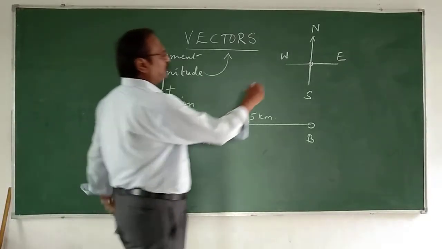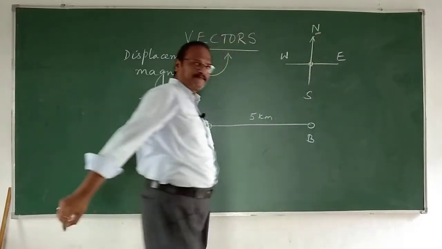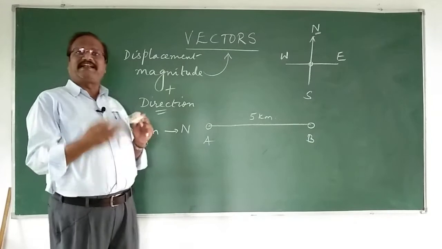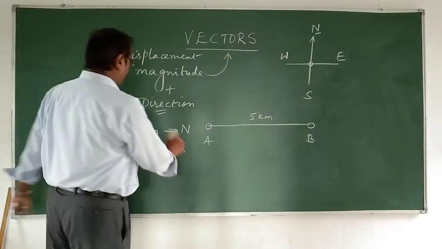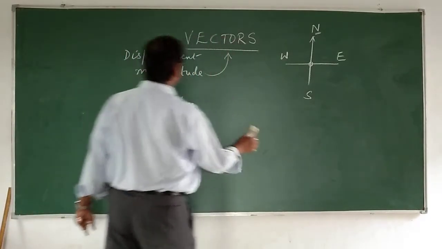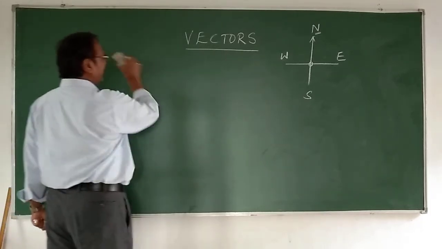That means I have to take from here 5 kilometer in the north direction. In the west direction, there the direction is also brought into the system. Okay, now with that idea that a scalar only has magnitude and a vector has both magnitude and direction,